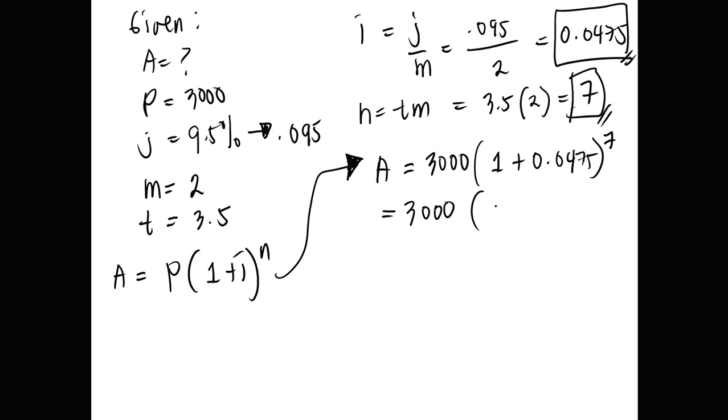So, parenthesis first, 1 plus 0.0475, that is 1.0475. And then, copy the exponent, since you are only solving what is inside the parenthesis. And then, next, rewrite 3,000. And next, you will solve the exponent. So, 1.0475 raised to 7, that is